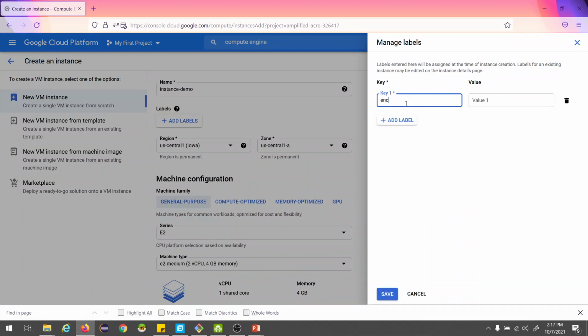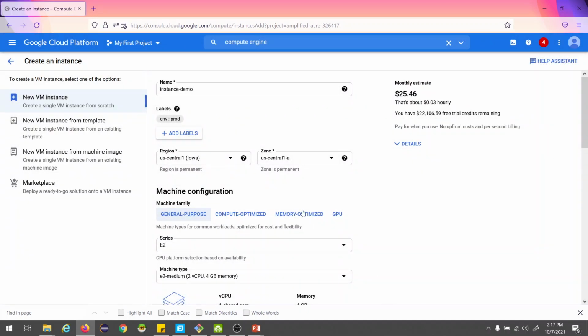So I will write env for environment, and for the value I can write prod. We can add multiple labels to it, and then moving ahead we have to select the region and the zone, which for now I am not touching. I am leaving it as it is.